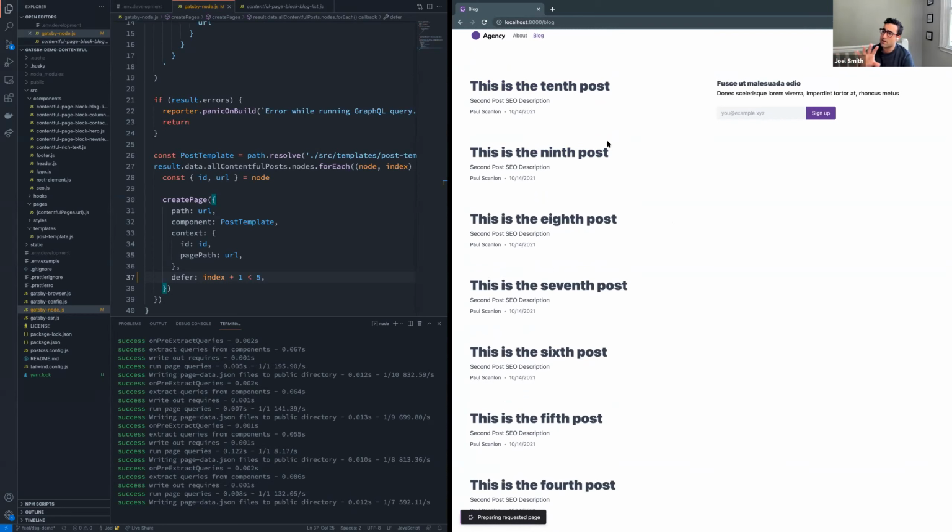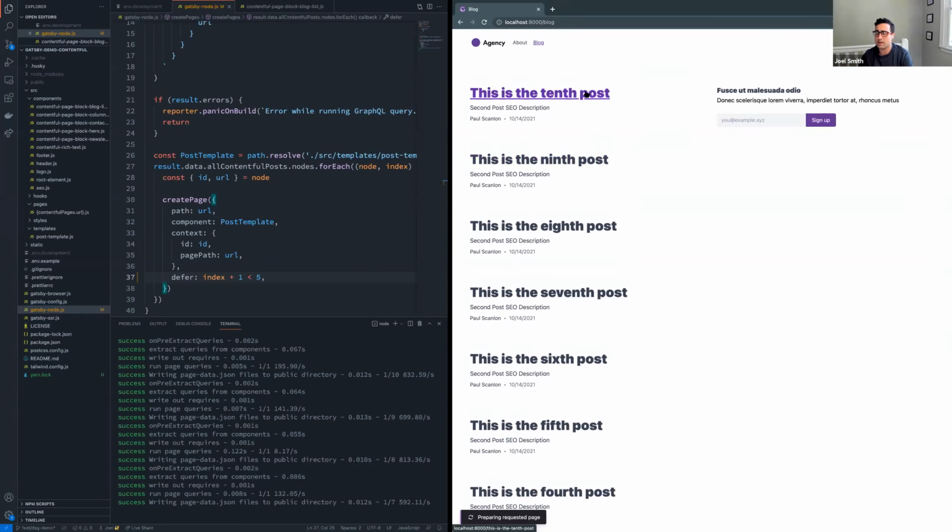It's the ability to say, hey, at runtime, go fetch that page data for me and load up that page, and then store it in the cache after that. So it's super snappy once it actually does get in there. All